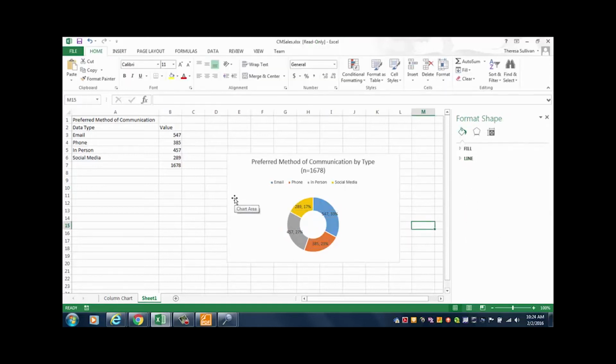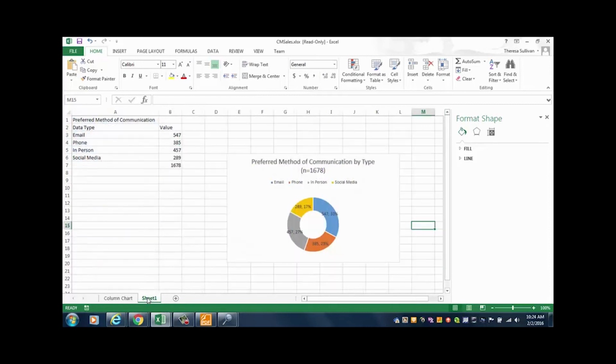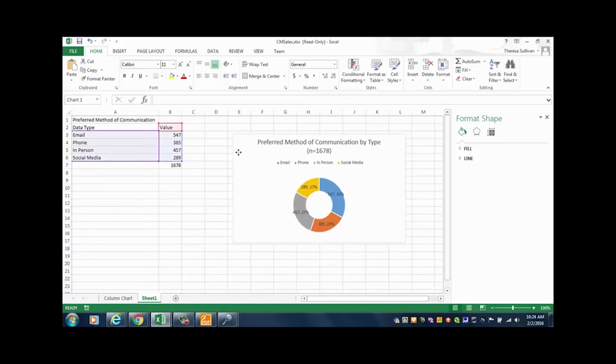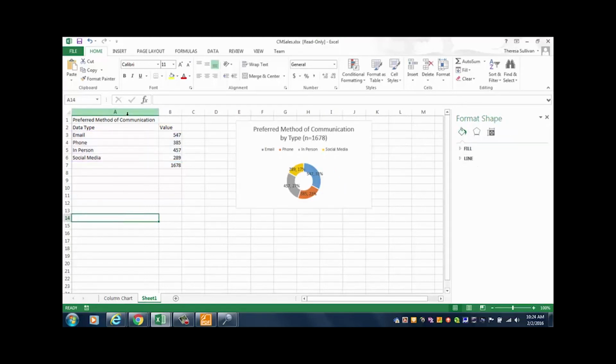Okay, so that's an example of a pie. Again, different than our column in which we were comparing actuals versus projected. Okay, this is part to a whole. I'm going to move that one up. I'm going to shrink it down because I'd like to examine what it would look like if we charted this using a different format. So insert,